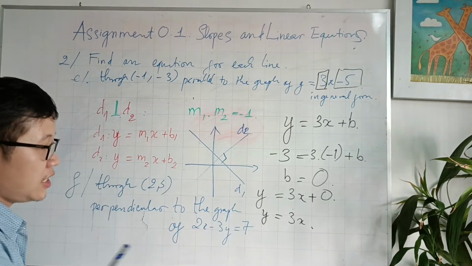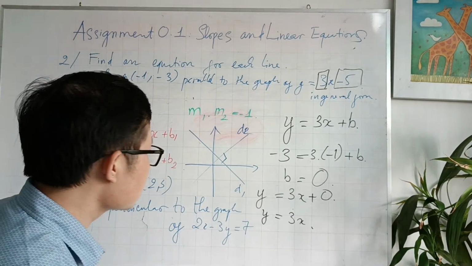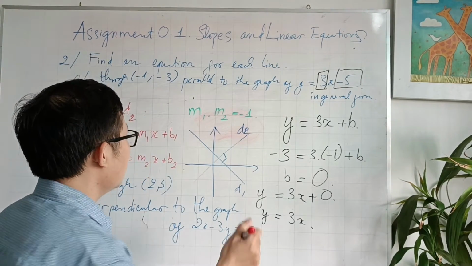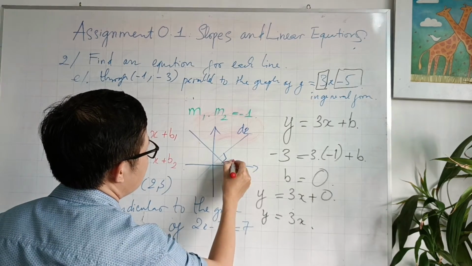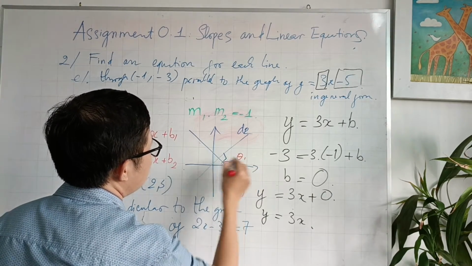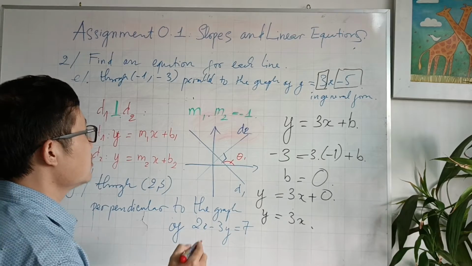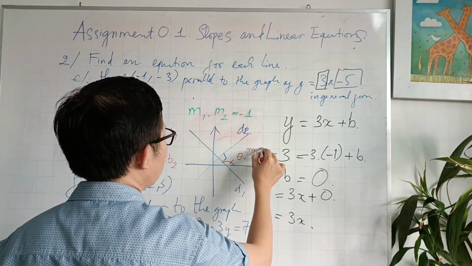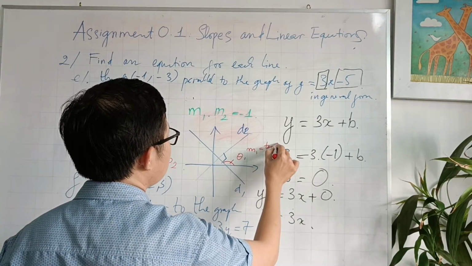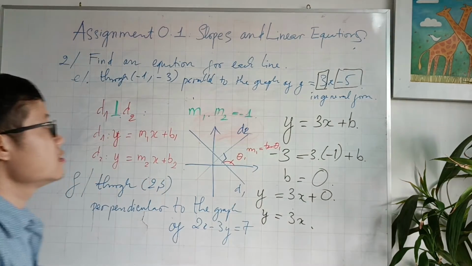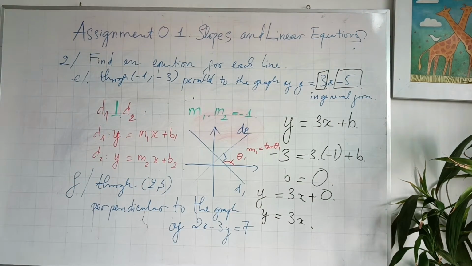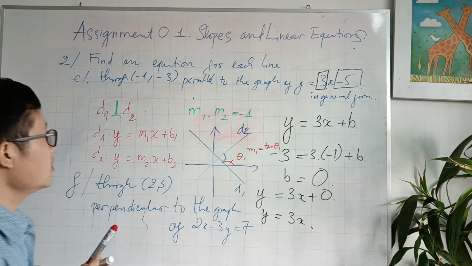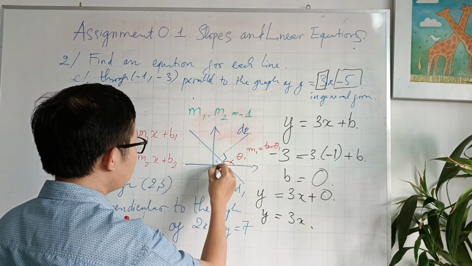So m1 is the tangent of θ1, the angle of D1 here, and m1 equals tan θ1. And θ2 here,